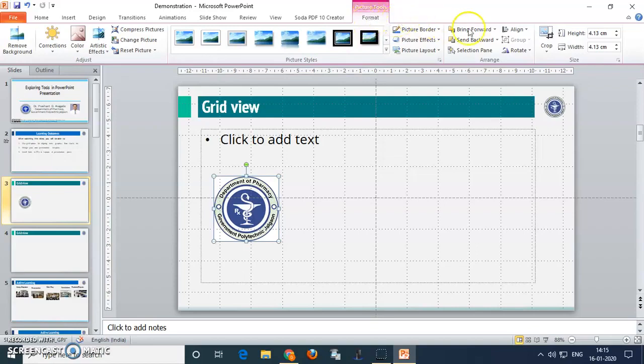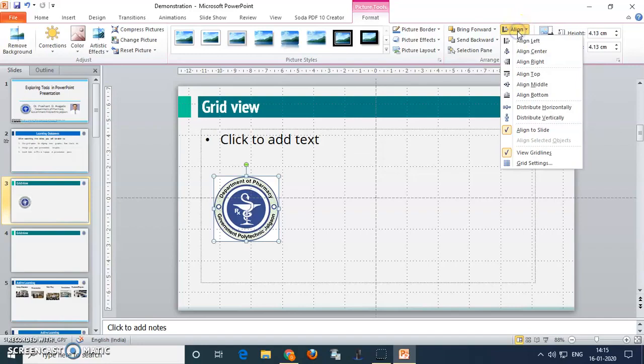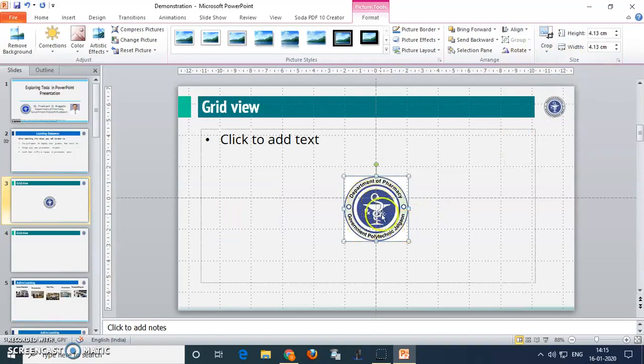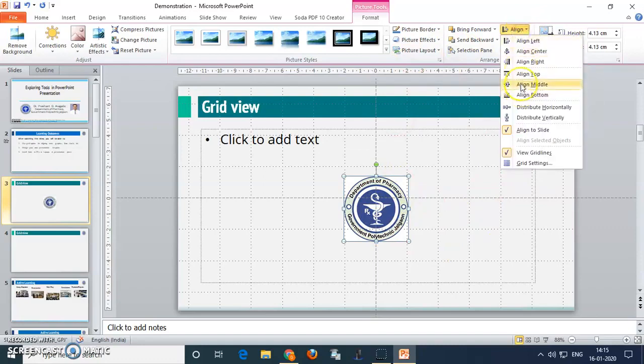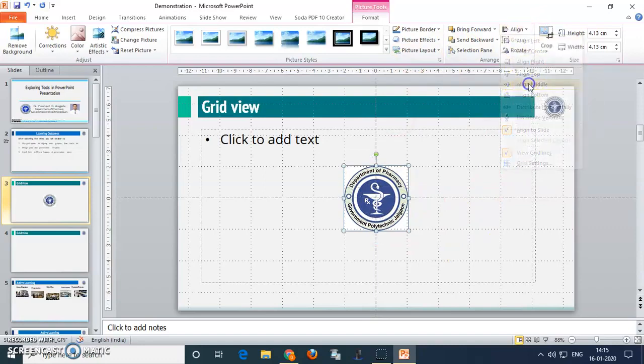In format there are aligning options, so click on align and then click on align center. So the image is becoming centered. After that we want the vertical center, so again click on align and then click on align middle. So the graphics will be placed at their particular center.